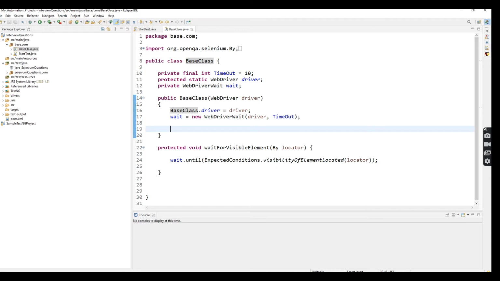So what is the use of base class? Once you define the base class inside your framework, whatever methods and constructors you define inside the base class, you can utilize in all your framework class files. That is the reason we define the class name as base class. This is the base for the whole framework, and also it is the common function for all the framework class files.